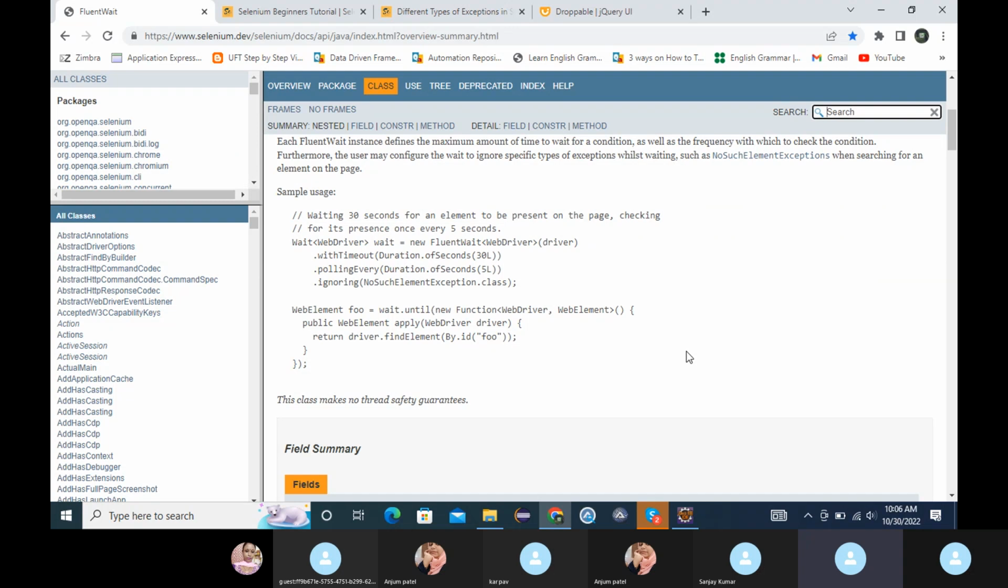But on the syntax basis, it is very complex. And see, that is why a sample usage is also provided here. This same thing you have to copy and paste and use it. The syntax is quite complex. So the only difference between